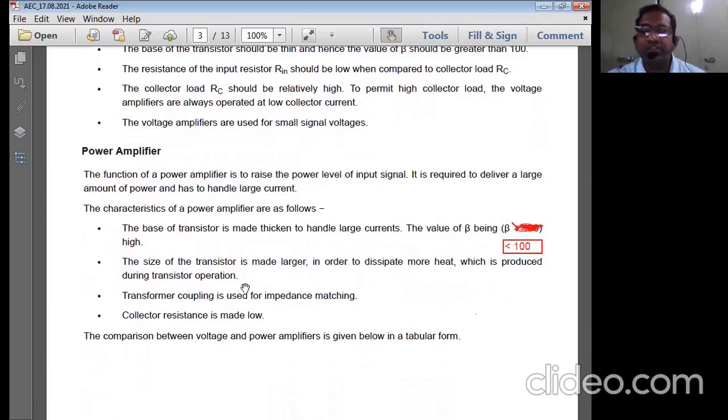So voltage amplifiers can also be called small signal low frequency amplifiers. When I say low frequency, I mean it is going to be a maximum of up to 20 kilohertz. Any frequency range from 0 up to 20 kilohertz is simply called a low frequency range. So in that range only, we normally get the audio frequency range.